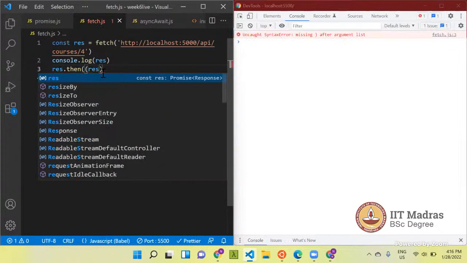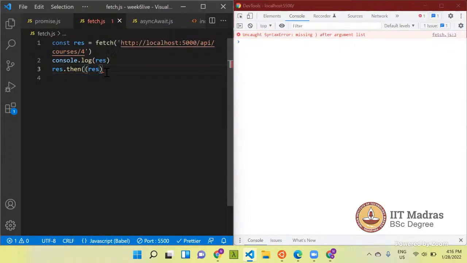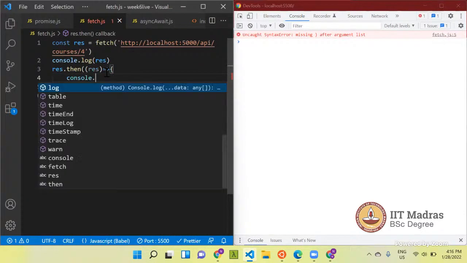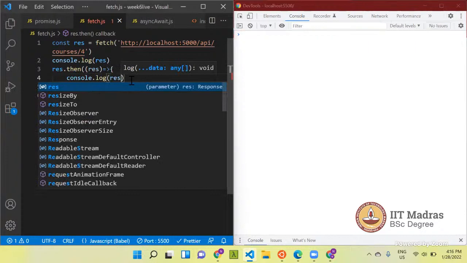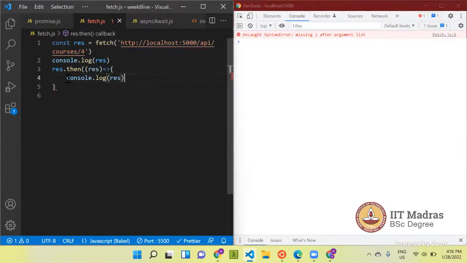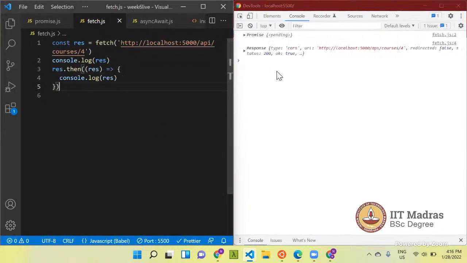Fine. Console.log. Yes. Close this. So you can see that this fetch is a promise which resolves with a response object.